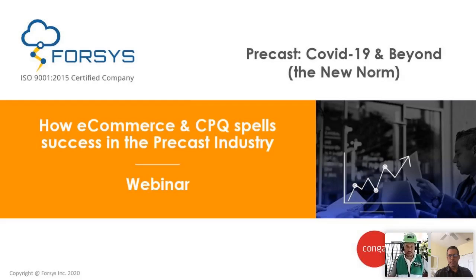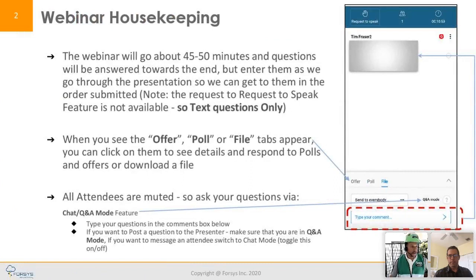So let me just give some housekeeping on the webinar. There's a little bit of a lag from when I'm speaking to the time you will be receiving this, so we want to make sure that you understand some foundation. The main context of the webinar tool is you have the columns on the right hand side that has the actual command console, which allows you to see polls and type messages in. We will be going about 45 to 50 minutes, depending on how long I get. I sometimes get a little long, but the main thing I want to do is get through all the slideware, and actually talk about the things that are probably the most valuable, including a demonstration that will be a recorded demo, so we don't have any technology glitches with the internet and all that.